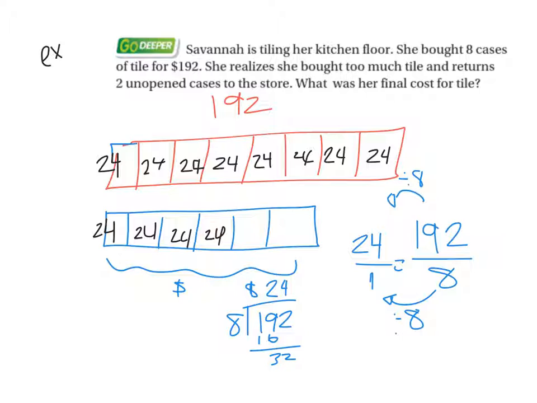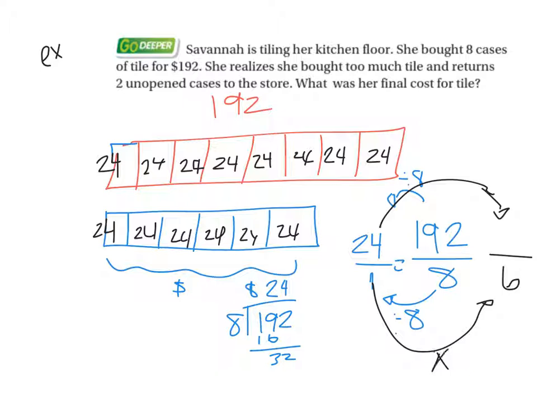Okay, so if each of these boxes is $24, then how am I going to find out how much 6 boxes are? Well, I can multiply by 6, or I can just add them up. That's fine too. So if I times 24 by 6, that should give me the total that she paid. So I got 24, 6, 12, 13, 14. So it looks like she paid